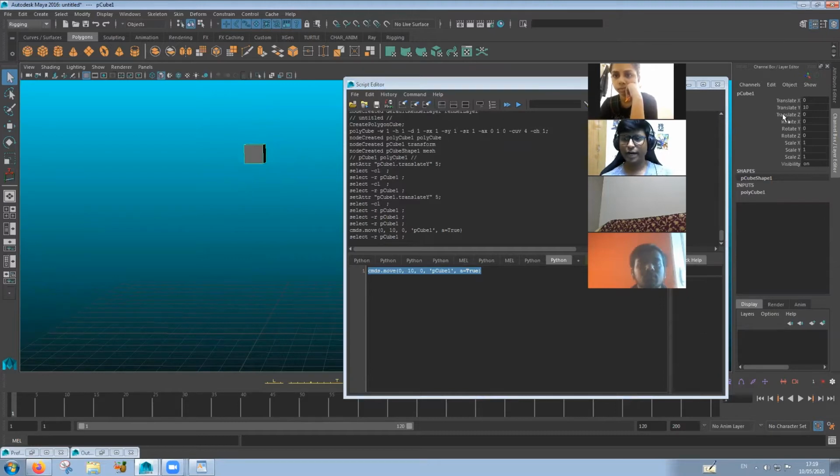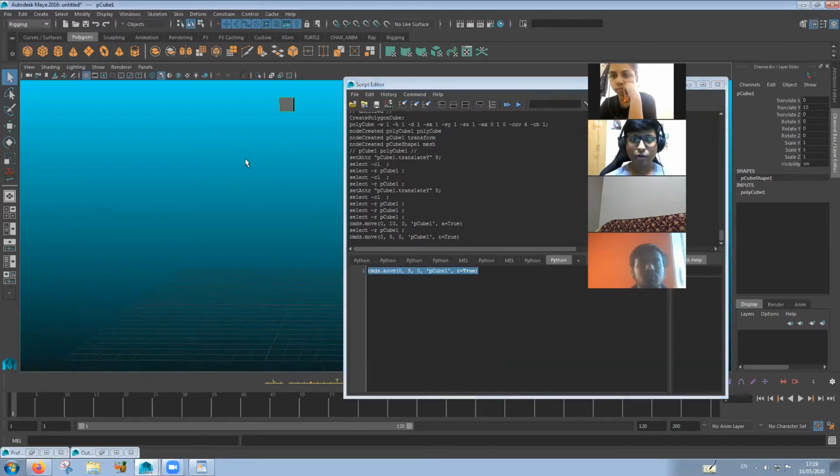Pretty straightforward. Now see what happens if I do relative. If I change to relative and put in 5 units, the cube will now move to 15 units. That is, there were already 10 units there, and now it is only adding 5 units to it.